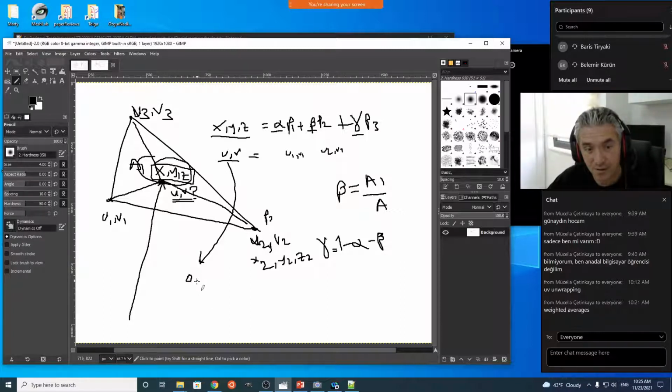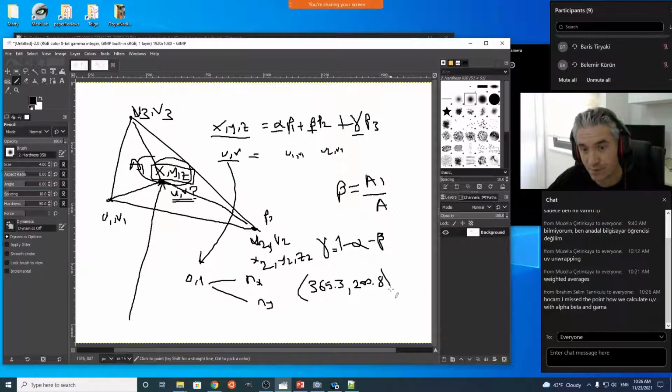You map these UV values between 0 and 1 to pixel coordinates by multiplying them with nx and ny. Whatever the resolution of your texture image is, you multiply them and it will directly give you the pixel coordinate. And the pixel coordinates may not always be integers. Sometimes you will end up with a pixel coordinate that looks something like 365.3 and 200.8, for example. Okay, so this may be your pixel coordinate. So which